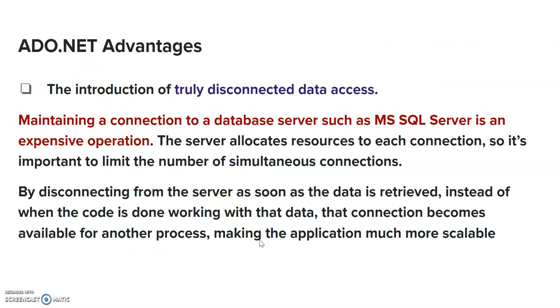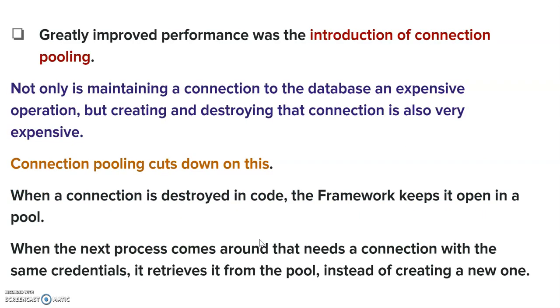So again, I am repeating it. First, with the help of truly disconnected data access, there is no need to keep a connection 24/7, and you can access the data at any time. Second, with the help of connection pooling, suppose we have fetched the data into the data set. Next time, when we want to connect with the same data source again, we will use the previous record set stored in the data set, and just the additional information added to that data source will be passed to the application with the help of the data adapter. So it will save memory, save time, and increase performance.